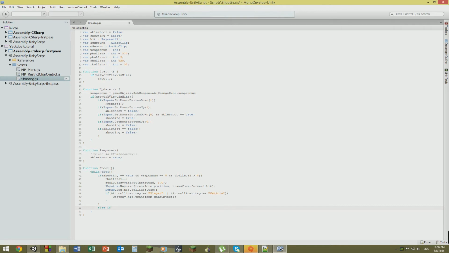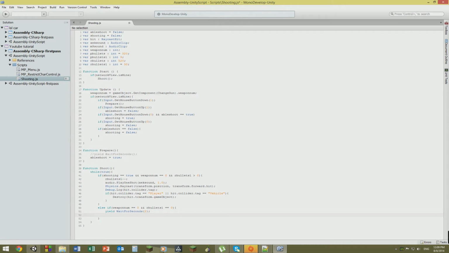Let's see, else if, let's think, weapon num is also equal 0 and air bullets 1 also equals 0. So yeah, if it's equal 0, then we're about adding refilling. So that we yield wait 4 seconds, and we will wait 2 seconds, 2 seconds of non-shooting, yep,